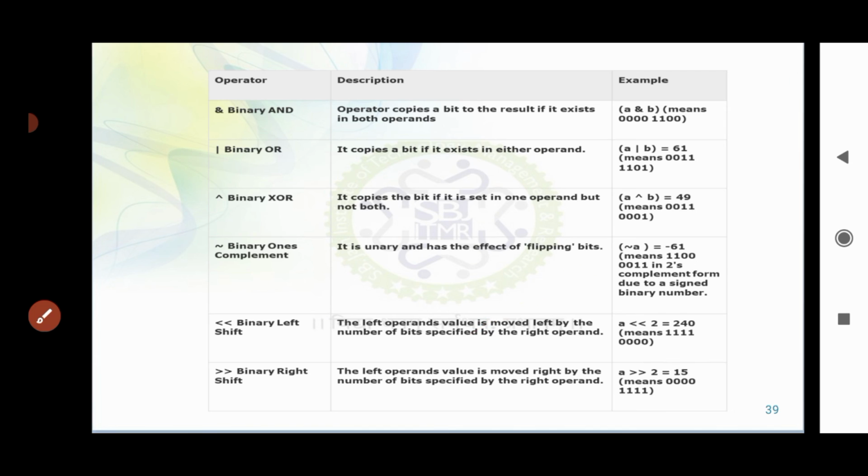Next we have different binary operators: binary AND, binary OR, binary XOR, binary ones complement, binary left shift, and binary right shift.